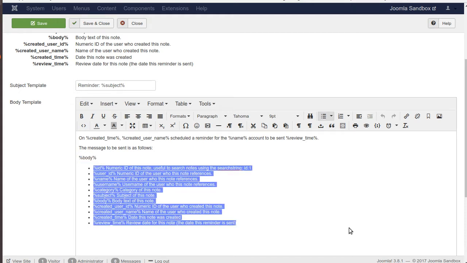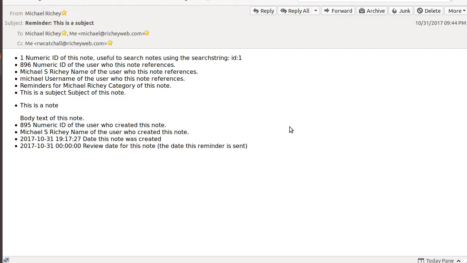This set of bullet items here was my initial test, and that turned out looking just like this. So the numeric ID, the ID for the user that this note represents, the name of the user this note represents, the username of that user, the category that the note was assigned, the subject of the note, the body of the note, the numeric ID of the person who created the note, the name of the person who created the note, date and time it was created, and the review date, which